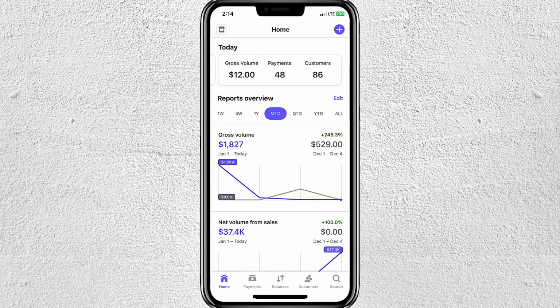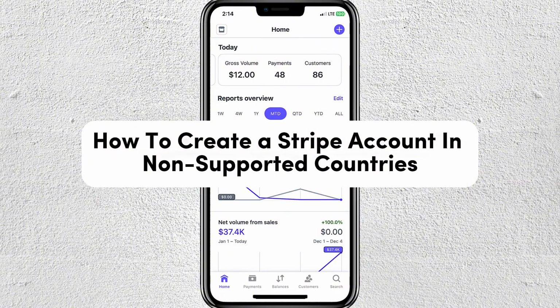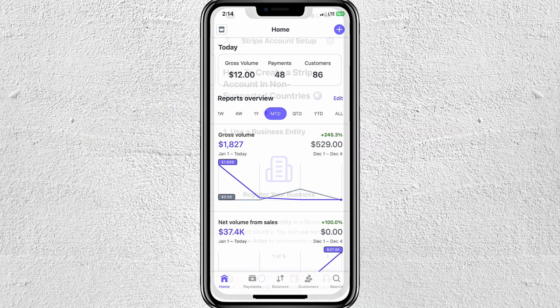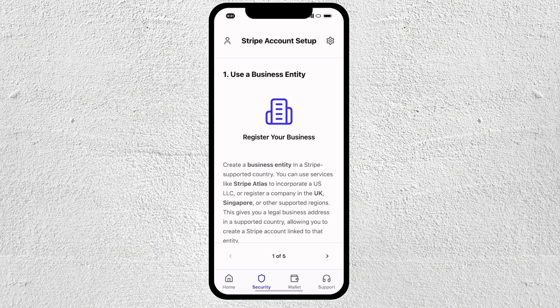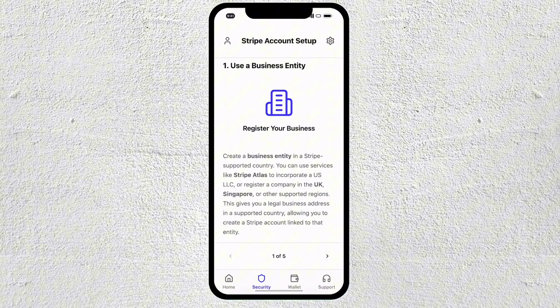In this video, I'm going to show you how you can create a Stripe account in non-supported countries. So the first step that you have to do is to use a business entity. So you have to create a business entity in a Stripe supported country. Then you can use services like Stripe Atlas to incorporate a US LLC or register a company in the UK, Singapore, or other supported regions. So this will give you a legal business address in a supported country, allowing you to create a Stripe account